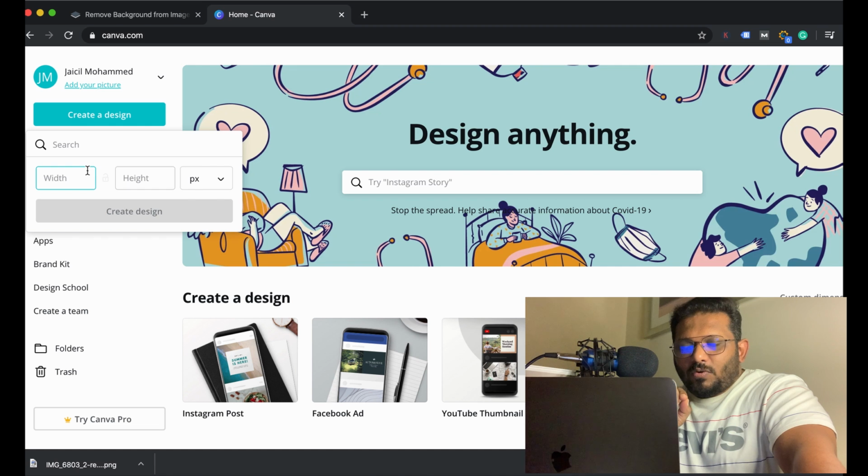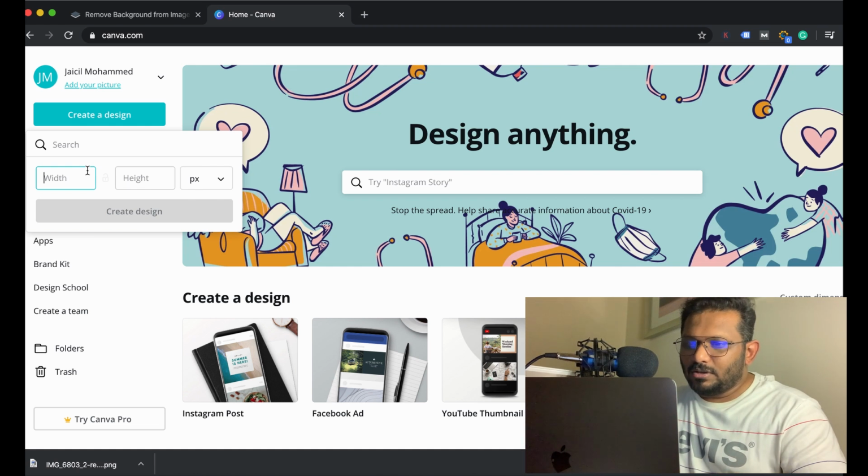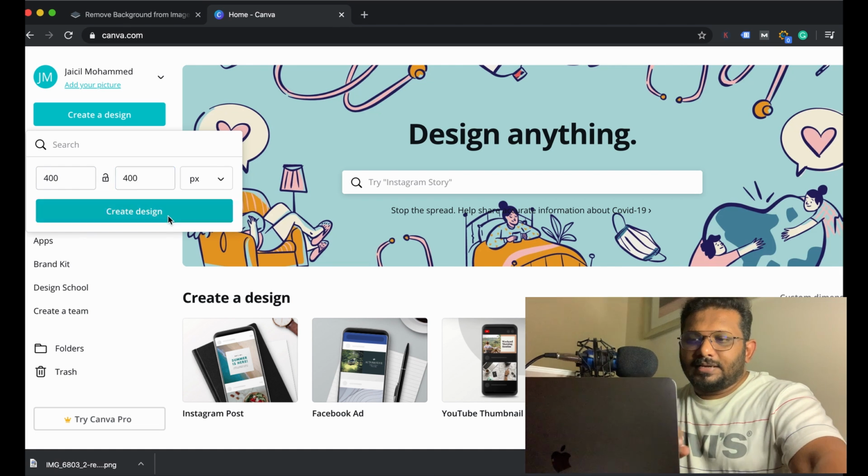For all social media platforms there is a standard pixel size for pictures, to have a perfect fit on the defined area. For a LinkedIn profile picture the standard size is 400 by 400 pixels. So I'm giving 400 here, height is also 400, create a design.